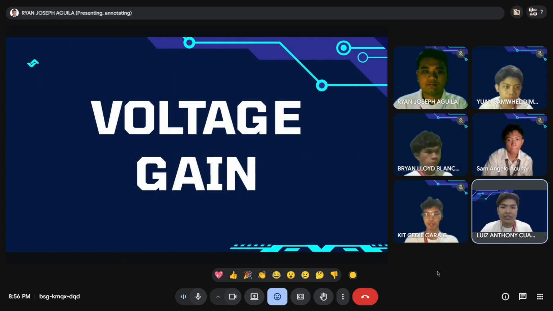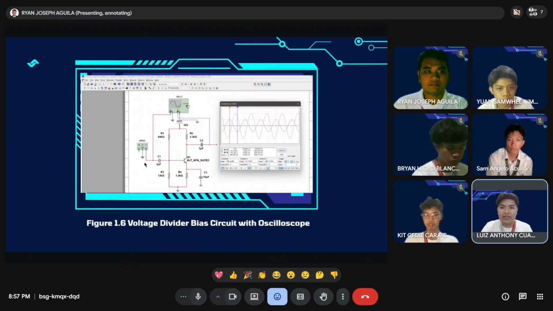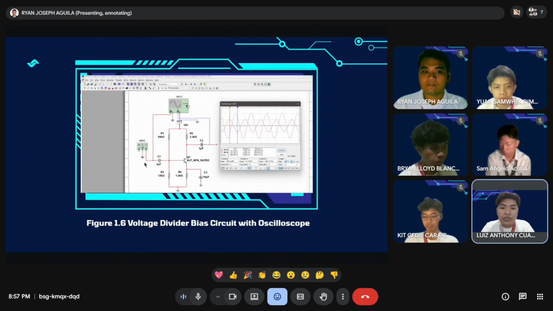Now for the voltage gain. Figure 1.3 shows the BJT fixed bias circuit with the oscilloscope. Next slide. And for Figure 1.6, which is the voltage divider bias circuit with oscilloscope,